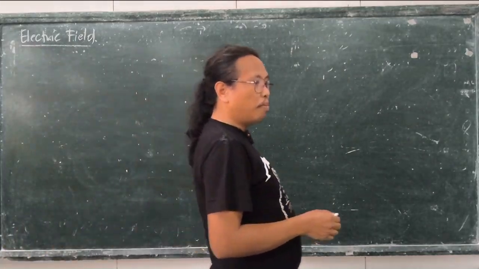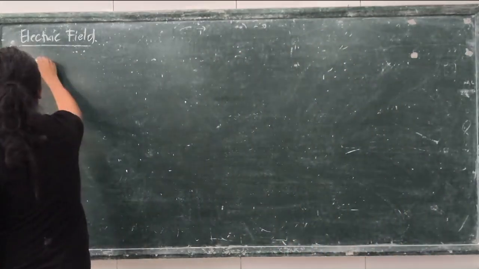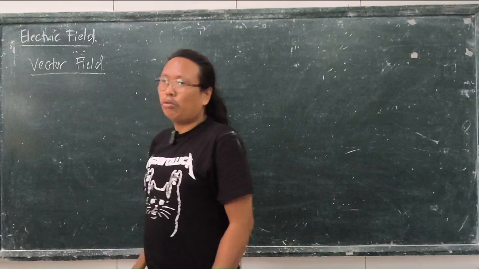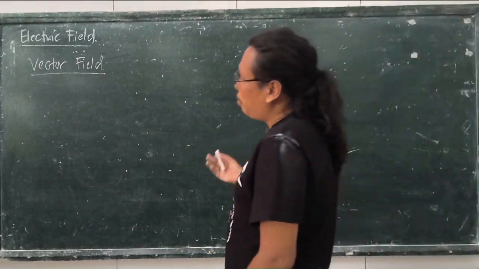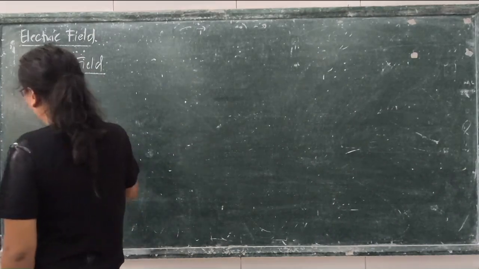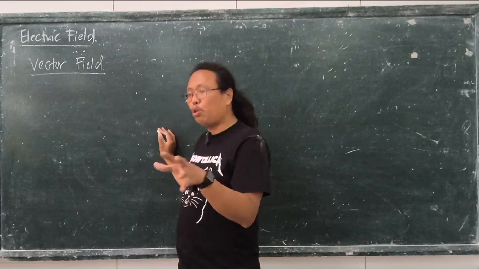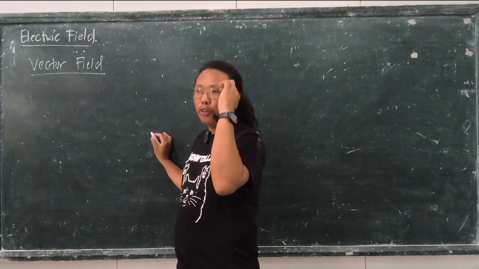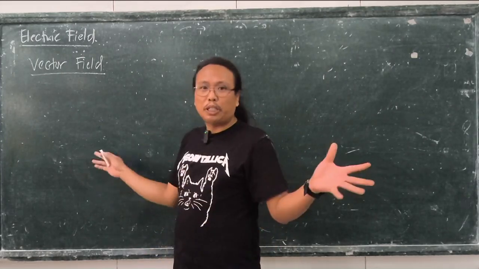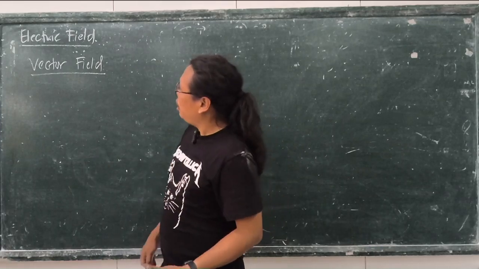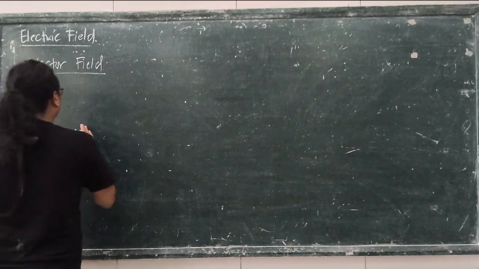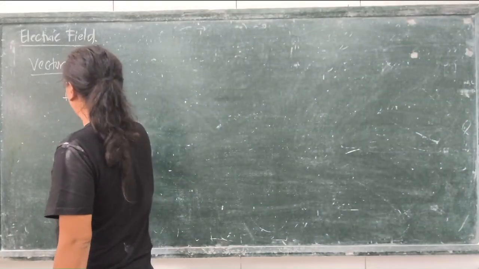Before we can talk about electric field, we must talk first about vector fields. In the first semester we discussed vectors, but those were actually constant vectors. Any vector that we used in University Physics 1, I think all of those are actually constant vectors. They are already specified. But vector fields are functions. Vectors which are functions. So in this case, for a three-dimensional vector field, if F is a vector field, then